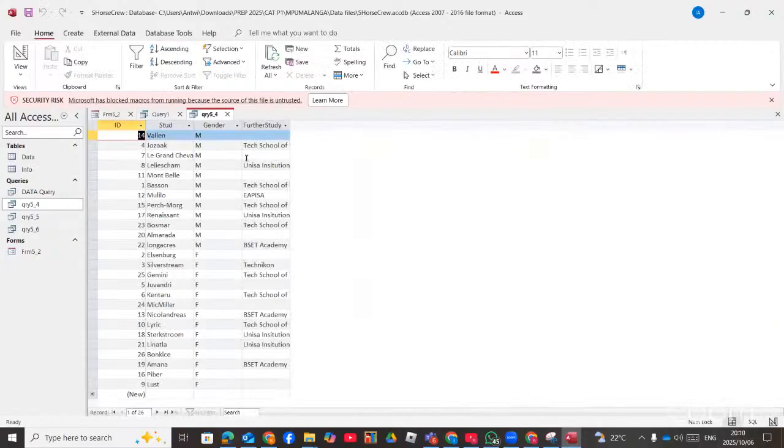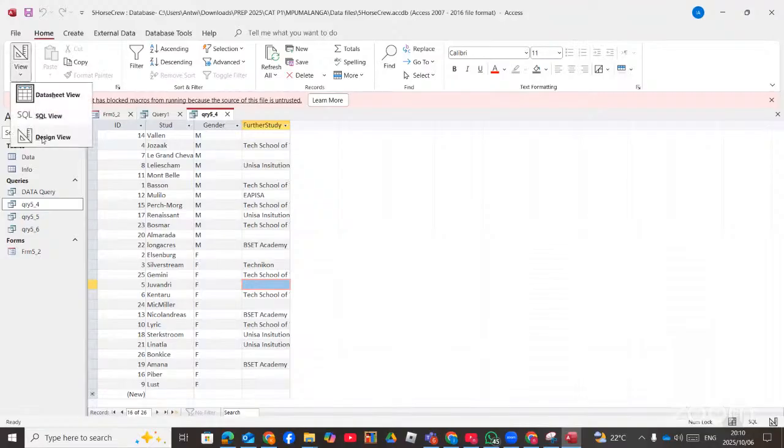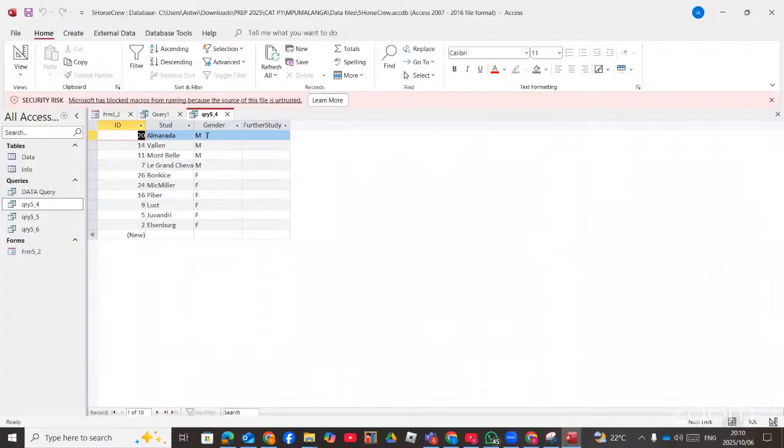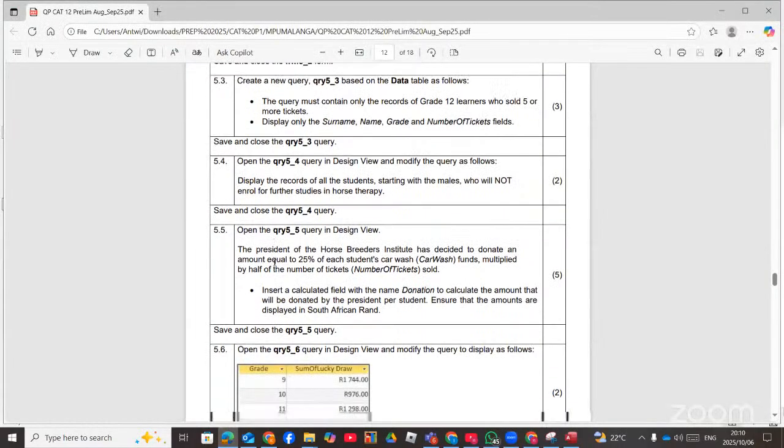Further studies, those who do not enroll are the empty spaces. Now, whenever you are dealing with the empty spaces, we use Null as a criteria. Null. That means empty. So the males followed by females and then the empty spaces. So that's how we have to do to achieve this result. Then the next question,